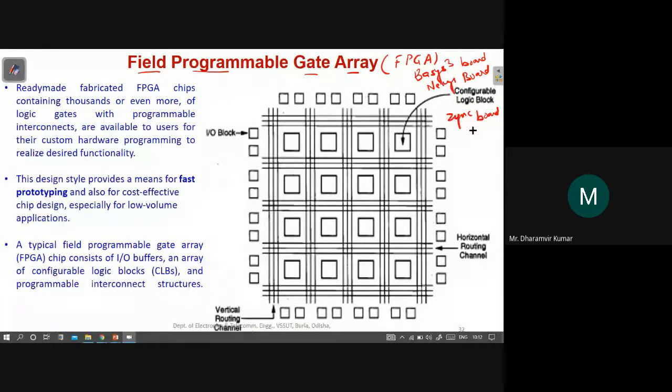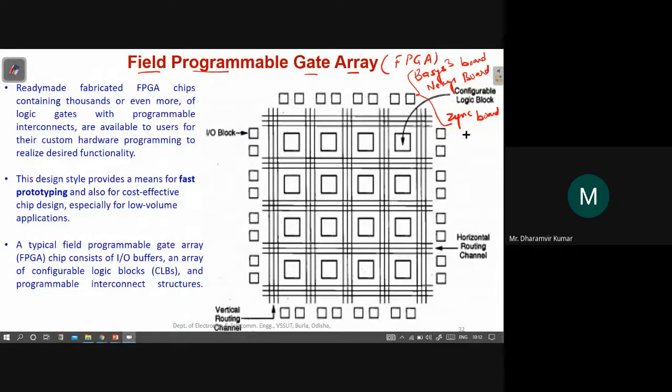Now, because the board is already made available to us, the hardware is already there, the chip is prefabricated. It's like an Arduino board. The way in which you use an Arduino board, in a similar way we will use the FPGA board. The thing is that here the programming will be different, and the way in which we access these boards will be a bit different compared to Arduino. The process would be similar. Because the hardware is already available to us, we just have to do the programming part and dump it onto these boards.